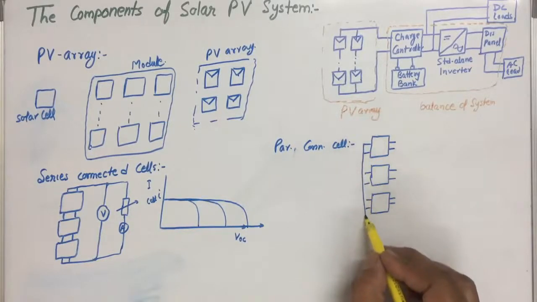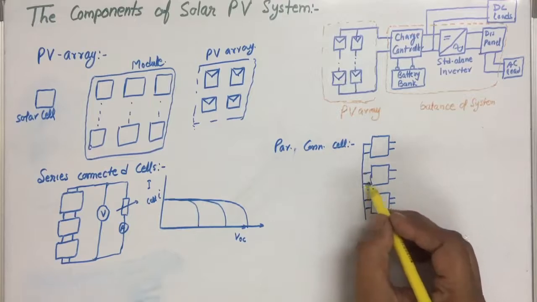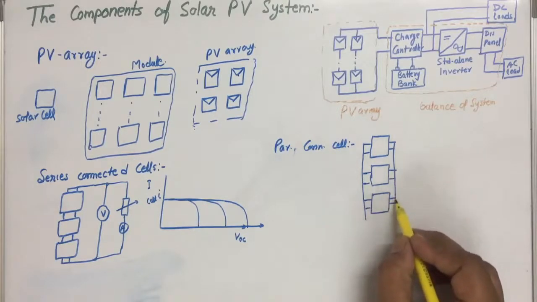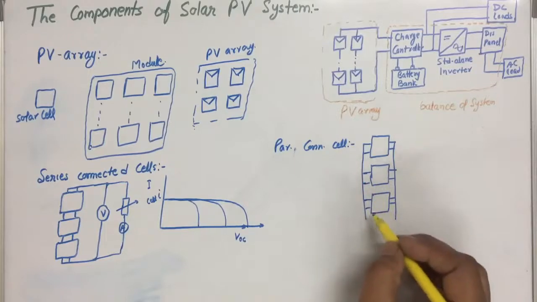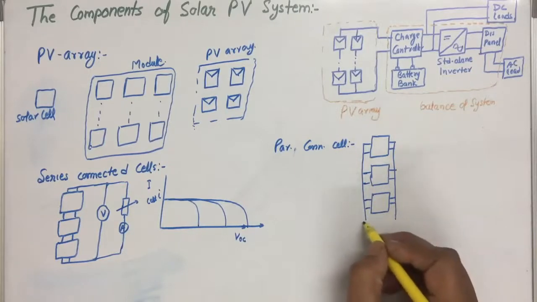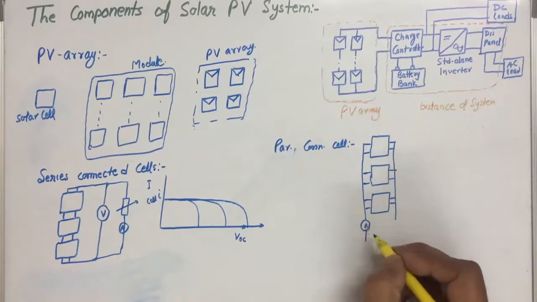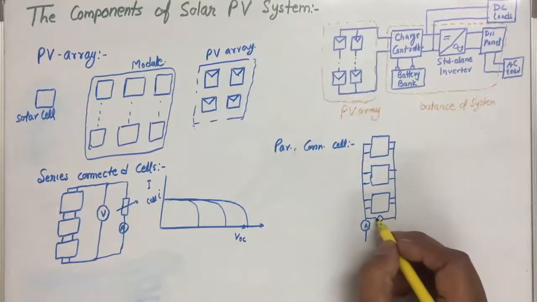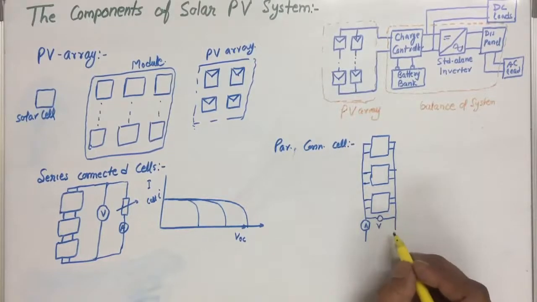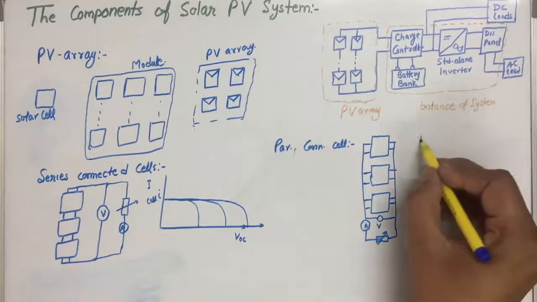For that case, their current will be added up and the terminal voltage will remain same. And if we add ammeter to measure the current, voltmeter to measure the terminal voltage, and the load is connected here,